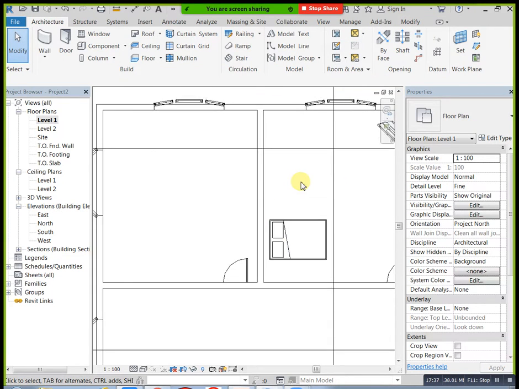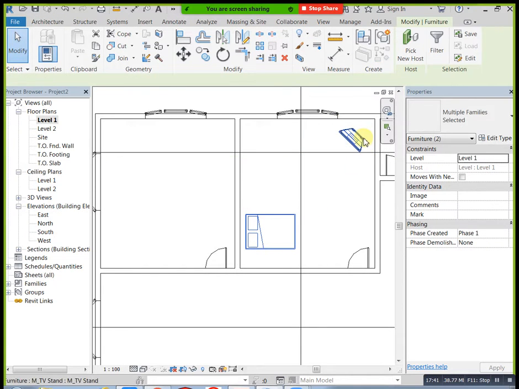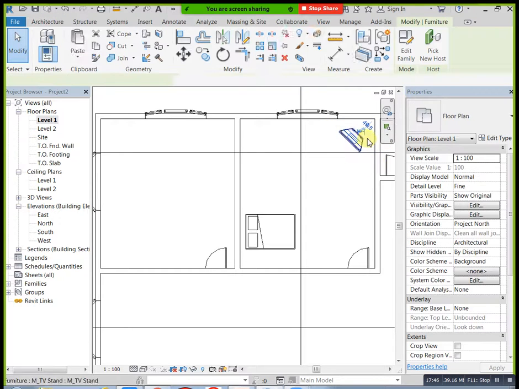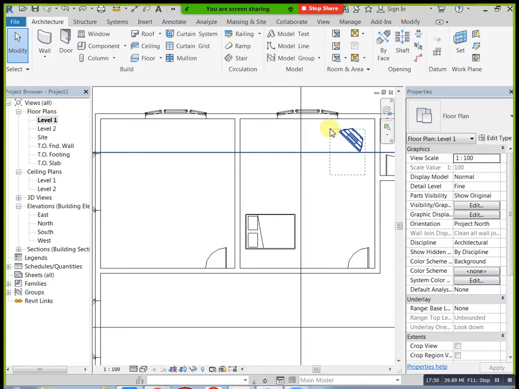Copy now, and directly place it here. See, now I placed this one also.